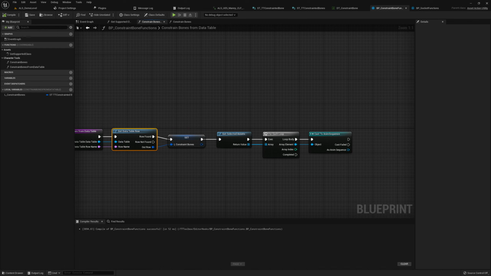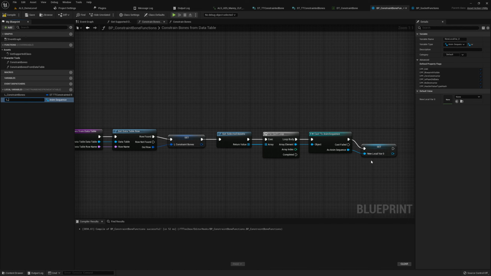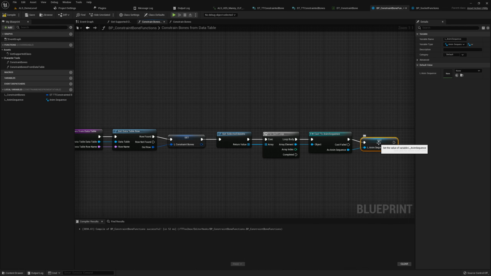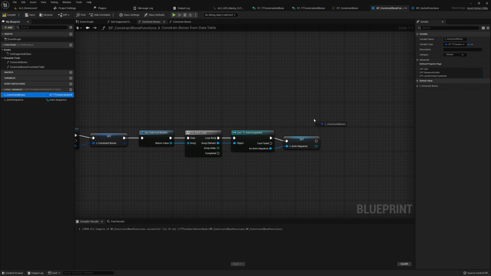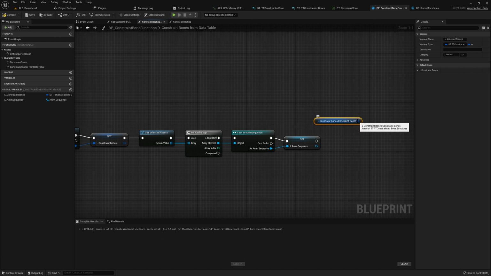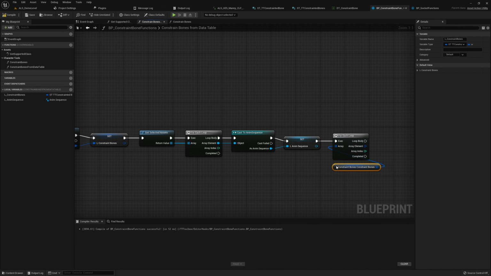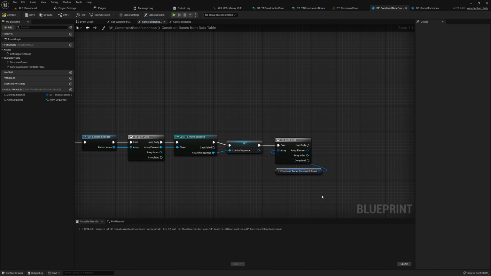file. So now we get to the tricky part. So yeah, we also need here to promote this to a local variable L anim sequence. And here we want to do split struct pin again for each loop, because we want to constrain all bones. And then